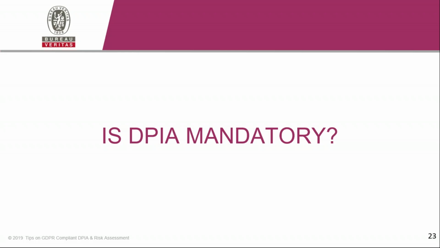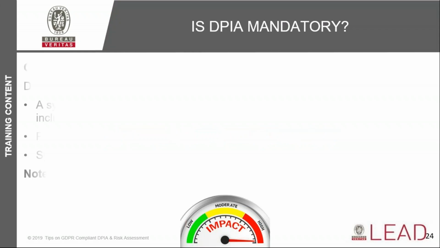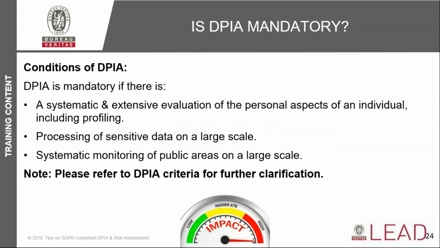Without the DPIA, it is really very hard to understand the level of importance of processing personal data. But it is not always mandatory in GDPR. It is mandatory in some cases where your processing is likely to result in a high impact on the rights and freedoms of natural persons. So if you are working on a large scale of data, or sensitive data processing, for example, if you are systematically monitoring people, if you are combining different data sets, which in the beginning seems very simple,